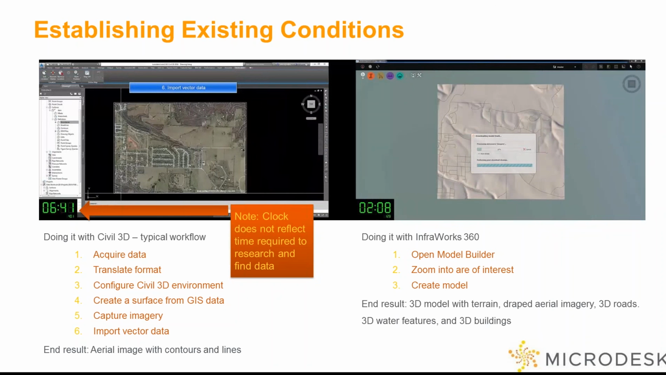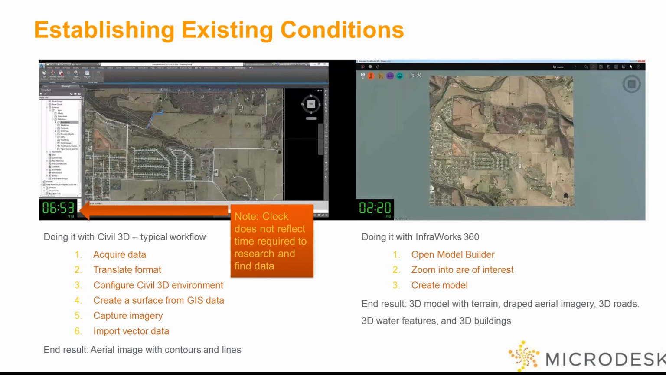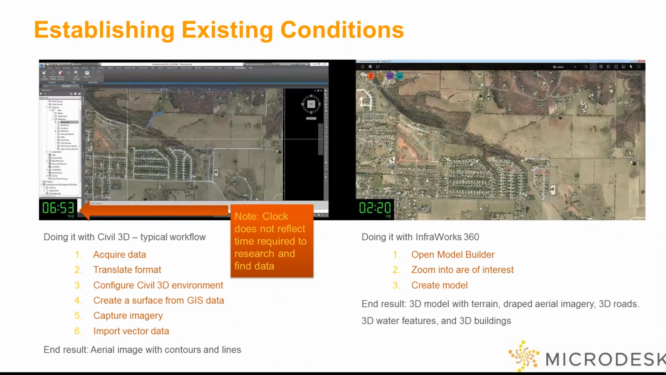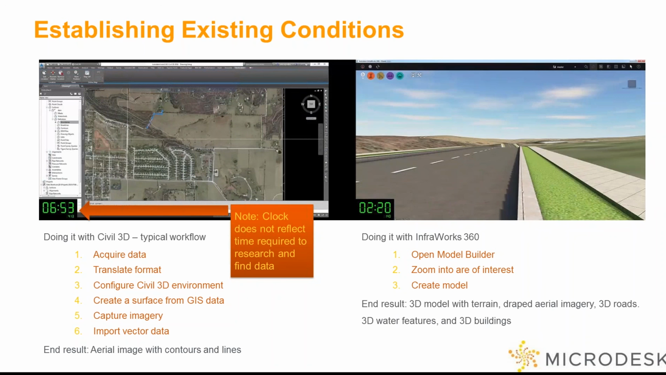Download the file once it's done. Depending upon where you received your data, from the Civil 3D portion of this, you may have different results. You may have different looks. And so, let me pull that back up. So, it depends. At minimum, once you get done, the end result on the Civil 3D end is you'll have